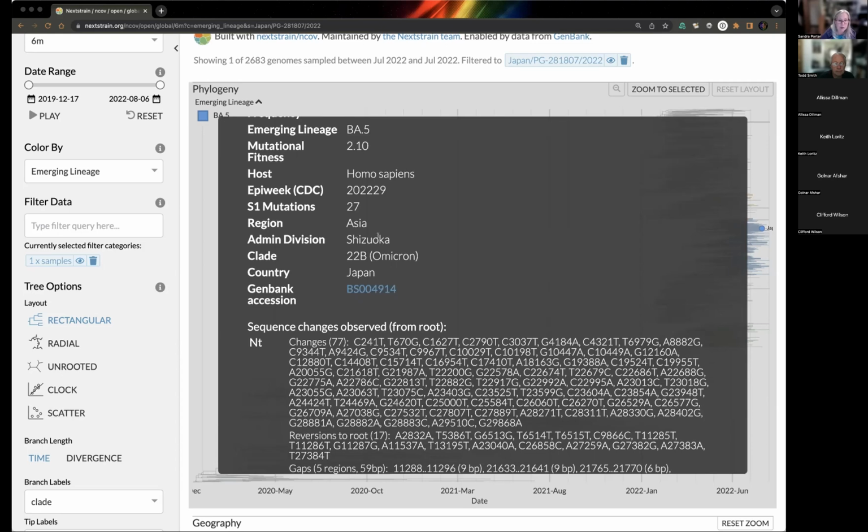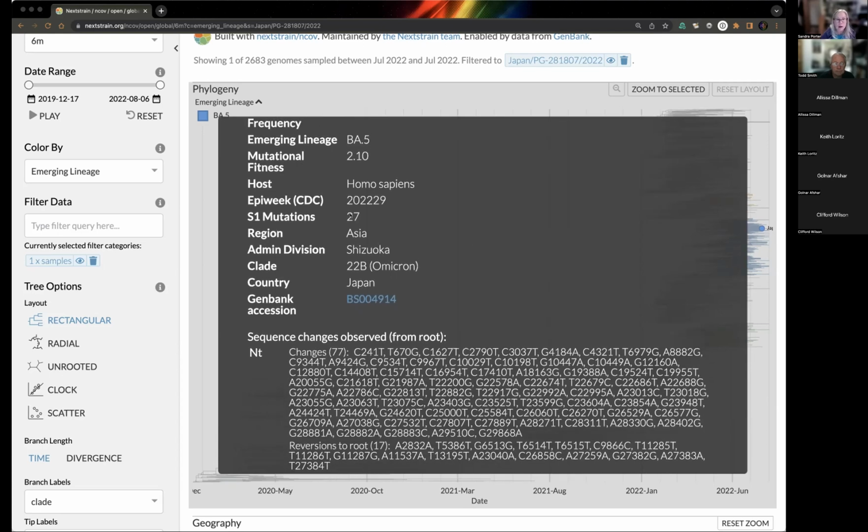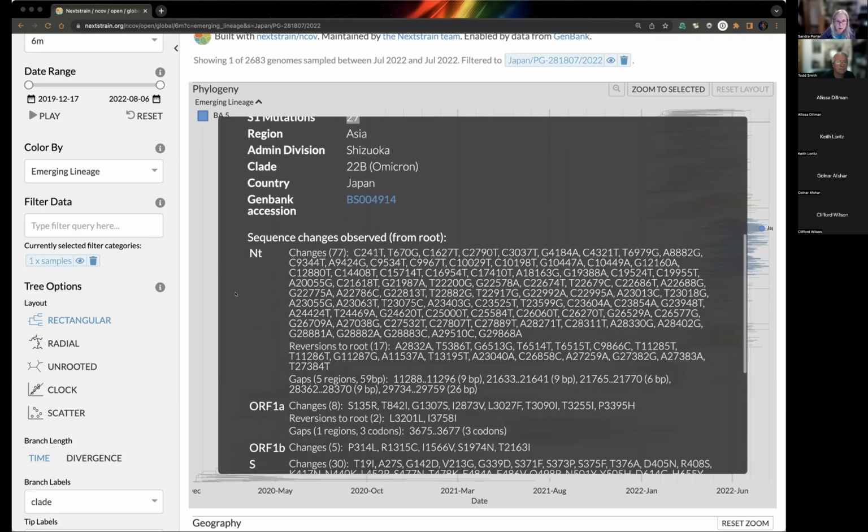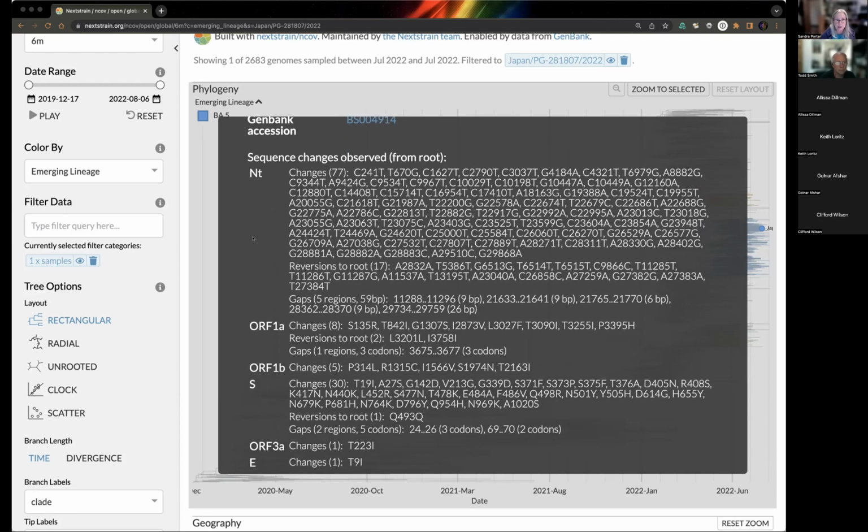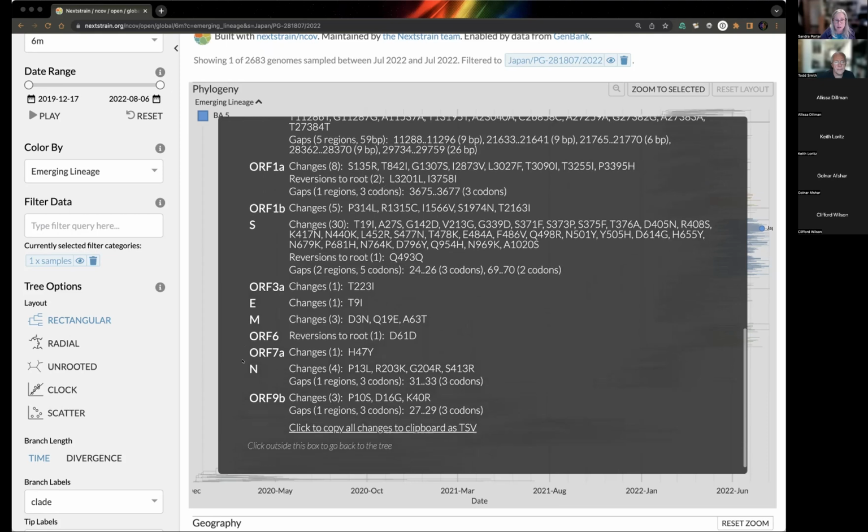I can see who submitted it. As I scroll down, I can see that there's 27 mutations in the S1 protein, and the 27 reflects changes since the January 2020 version, so since the Wuhan fish market version. I could see the number of nucleotide changes and the number of amino acid changes in any one